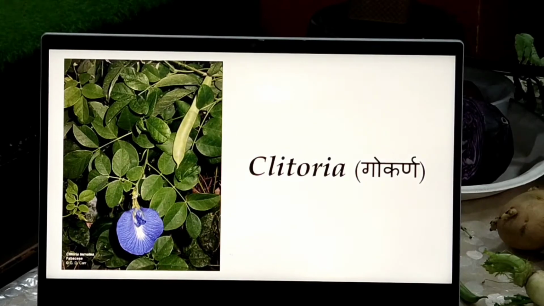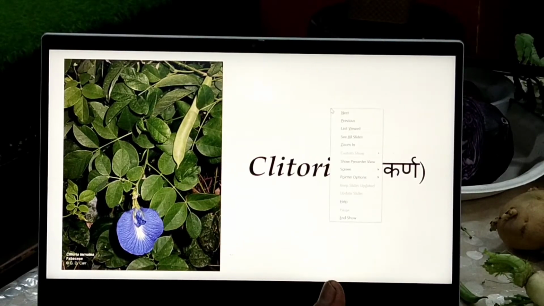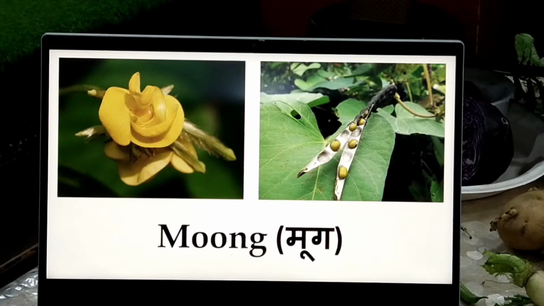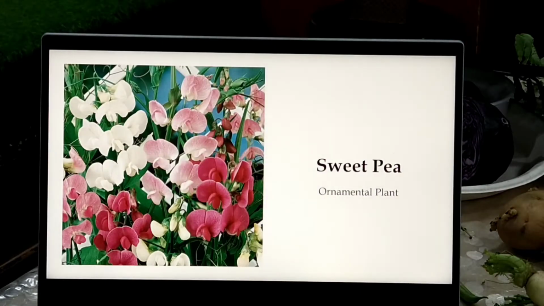This is very commonly found in your gardens. I think this is the best flower because comparatively the size is big, and if you have this flower in your garden, or it's a potted plant actually, then you can easily examine the characteristics of the flower of the Fabaceae. You should do it. Mung, we have seen this. Then sweet pea,